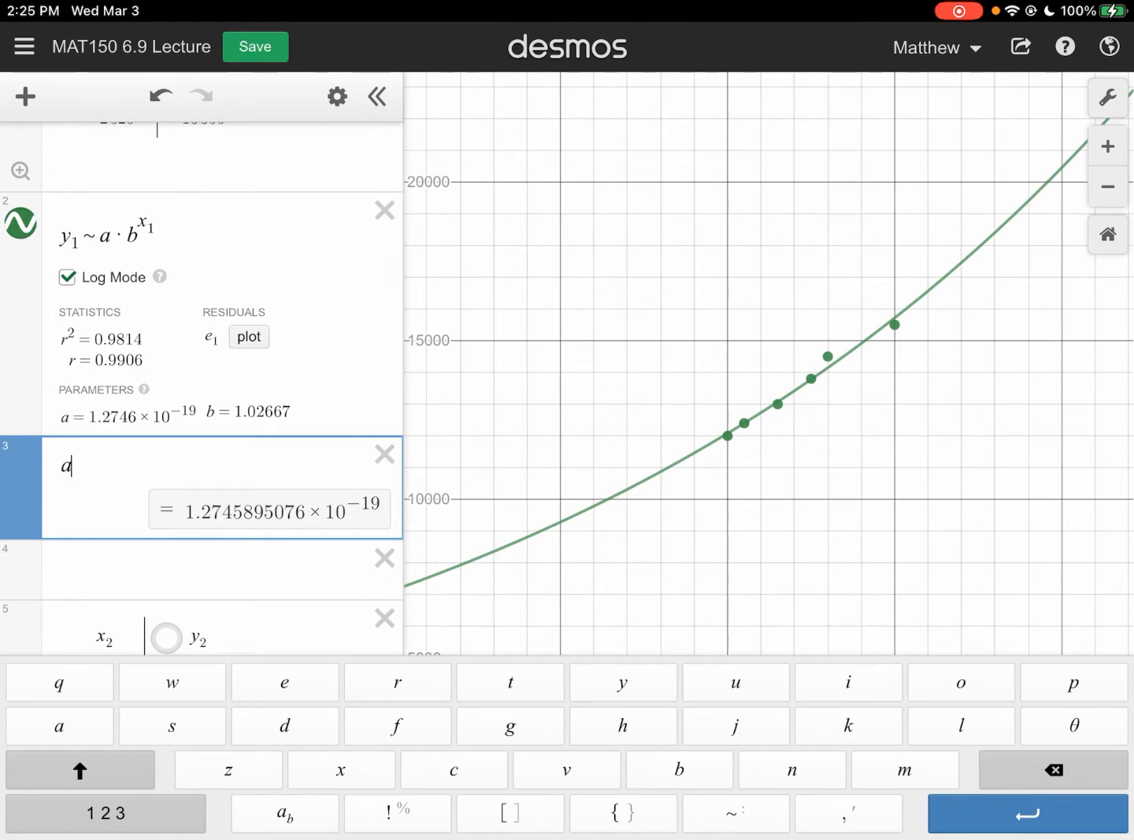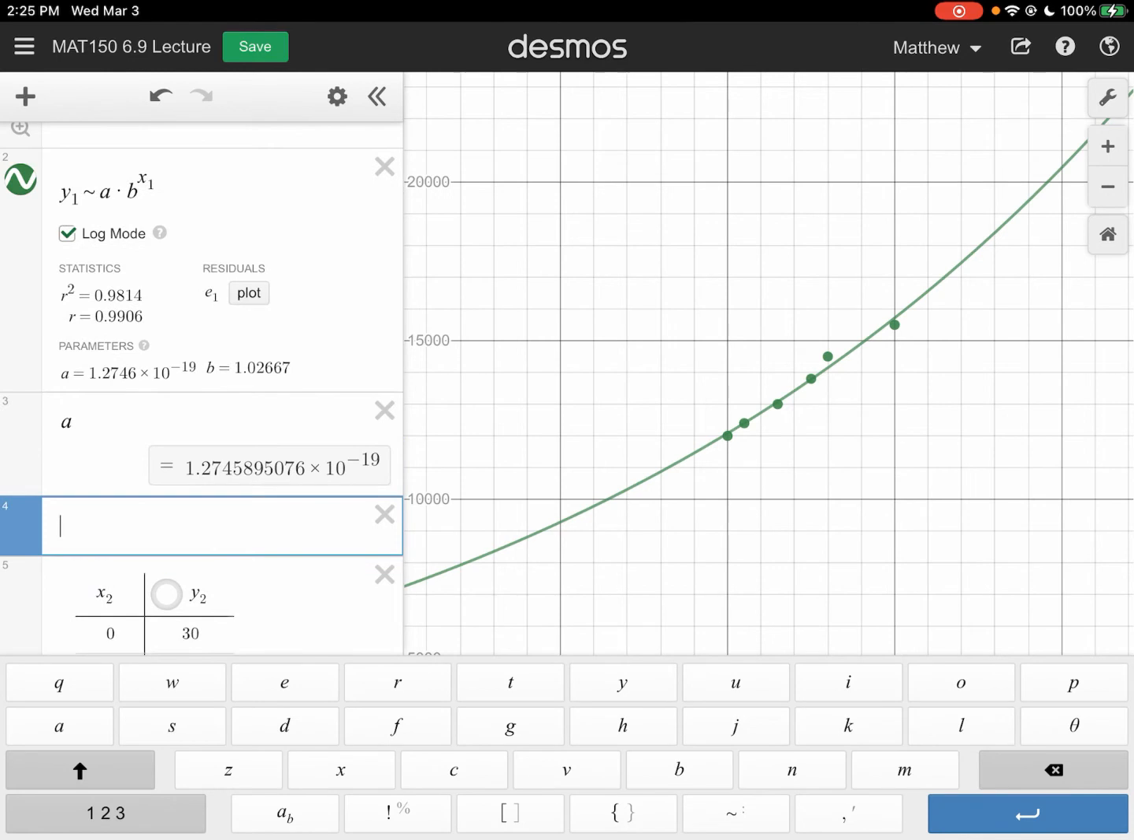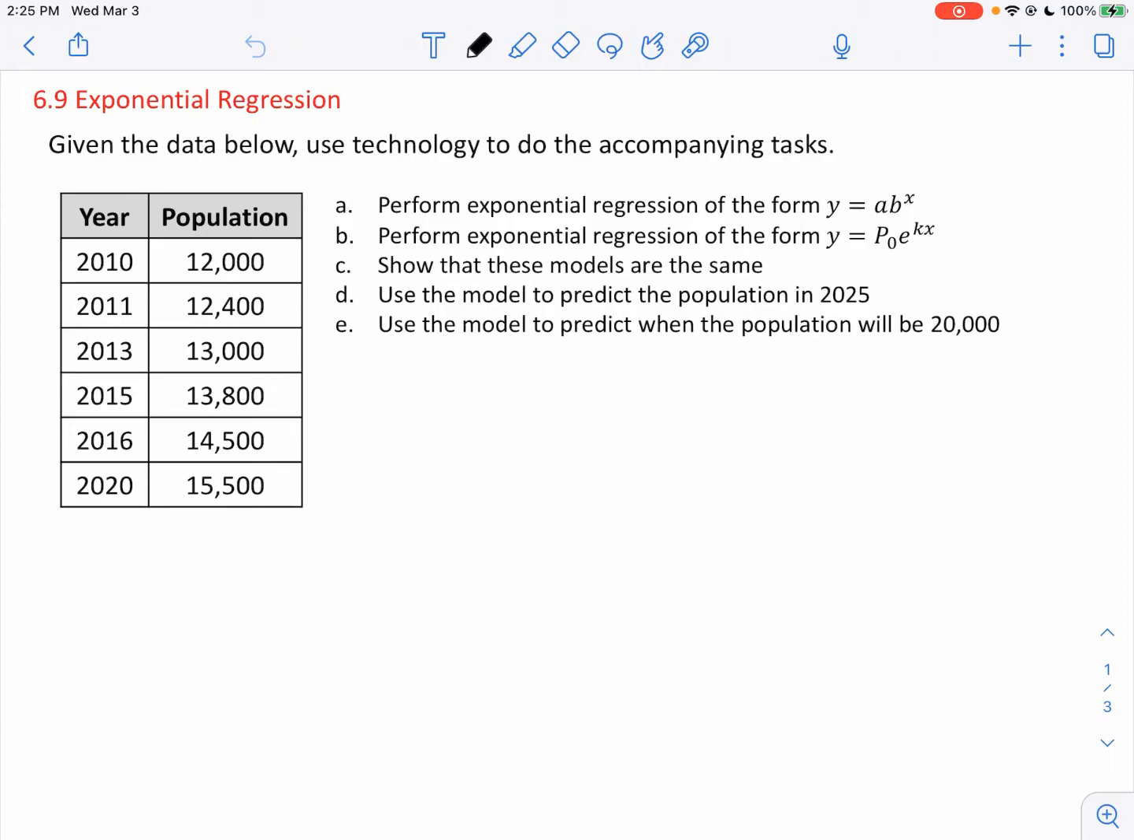1.2745895076 times 10 to the negative 19. Same thing for b. If you need to see more digits, then type in b here, and you'll see more digits of b. So part A was that we had y is equal to a b to the x, where a is approximately 1.2746 times 10 to the negative 19, and b is approximately